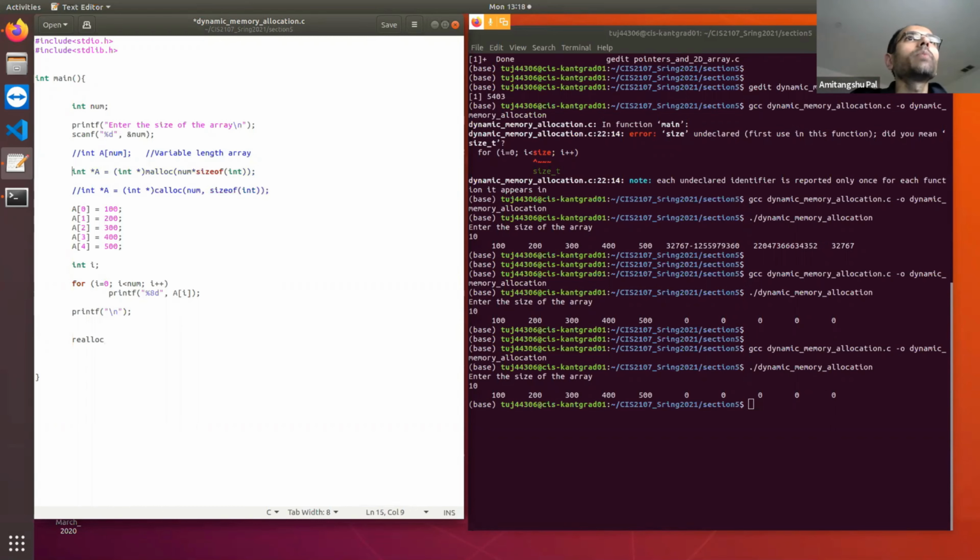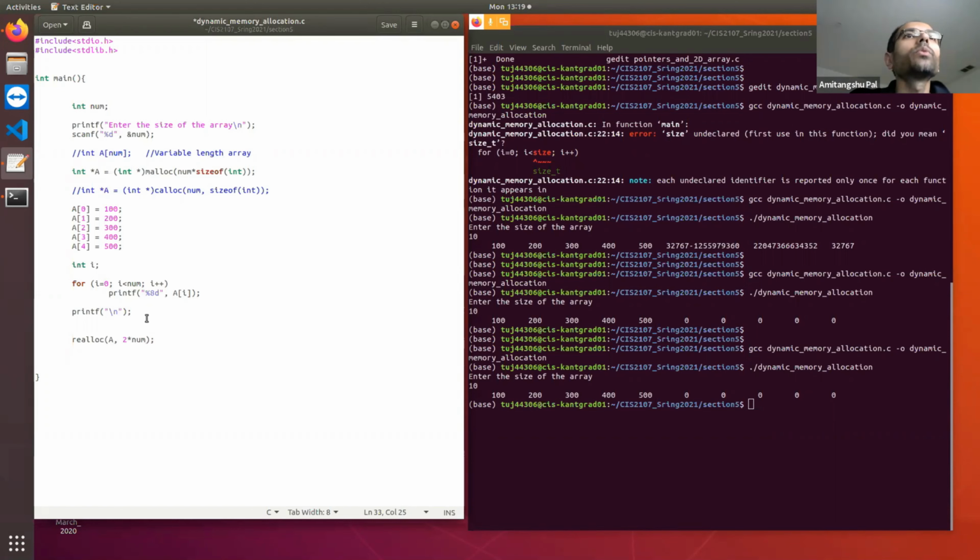So let's go back to malloc. Now you need more memory space, so you need to realloc. What is the syntax of the realloc function? Realloc will take 2 arguments. The first argument is going to be the pointer to the previous memory that you have allocated, and the second is the new size. The new size is 2 into num because you need to double the space.